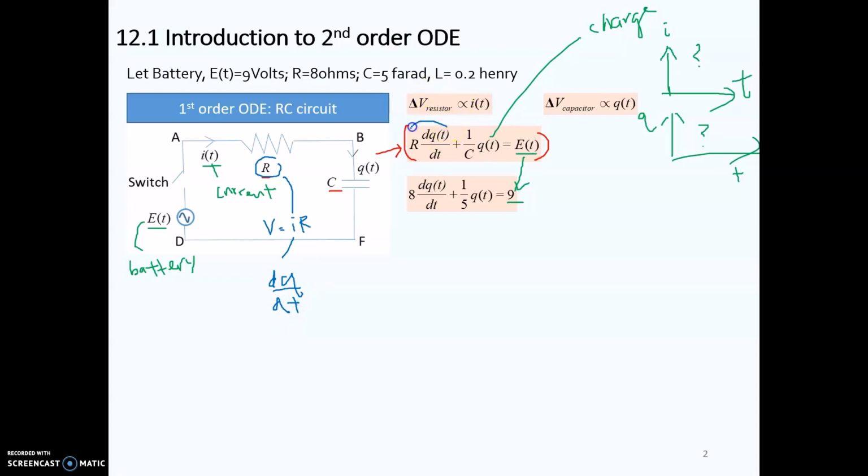So you know that this part is the voltage consumed by the resistor. The voltage consumed by this capacitor is equal to 1 over C multiplied with Q. If the values of the resistance and capacitance are provided, so in this case you have R equal to 8 and C is equal to 5, then by solving this ODE, we can obtain the solution for the charge as well as the current, where the I and Q are changed